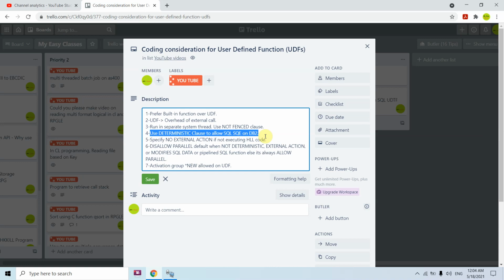On every call a new activation group gets allotted, which takes some resources. So every call must execute in the same job, and must not allocate other resources to itself when calling a UDF.